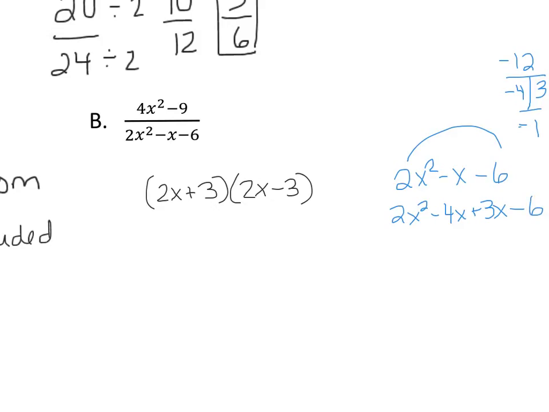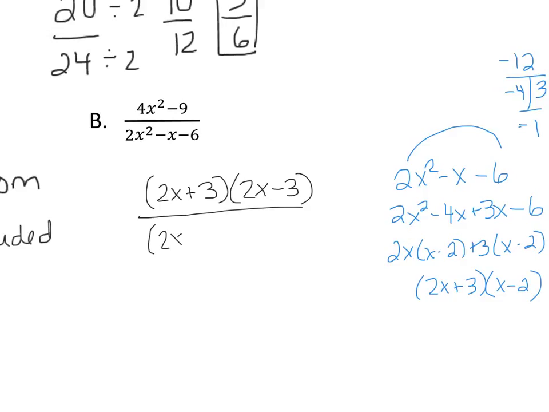So I can break up that middle term. Out of that first term, I'm going to take out a 2x, and the second term, I'm going to take out a 3. So I have 2x plus 3 times x minus 2. Put that back on my denominator. I have 2x plus 3 and an x minus 2. State my excluded values. X can't equal 2 or negative 3/2. I'm going to cancel 2x plus 3's to leave me with my final answer, which would be 2x minus 3